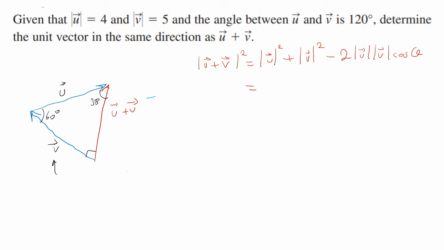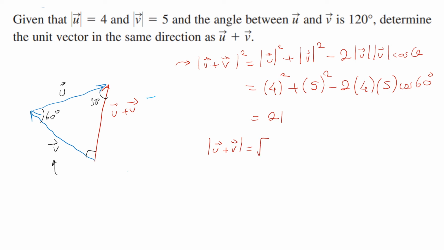The magnitude of u is given to me as 4, so that's 4 squared. The magnitude of v given to me is 5. And then I keep my constant: the value of u is 4, the value of v is 5, and the degree in between is 60 degrees. Now when you plug this into your calculator, you're going to get a value of 21. But remember, this is squared. I'm trying to get the magnitude just as it is, not squared. So I'm going to root both sides to get a value for u plus v,